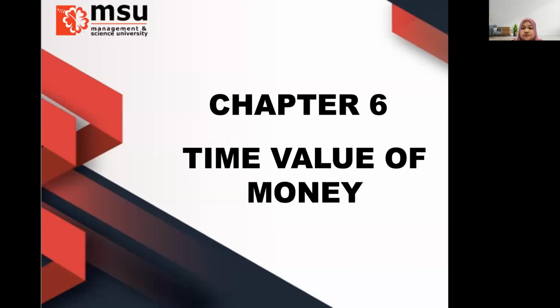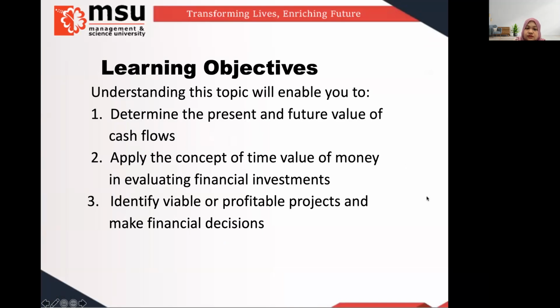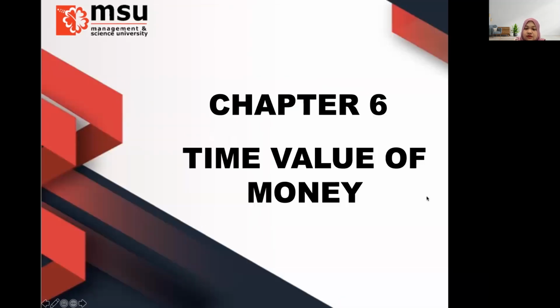So chapter 6 is about time value of money. Time value of money will explain the principle of why purchasing power is different or changes over time. The first thing that we have to know in time value of money is